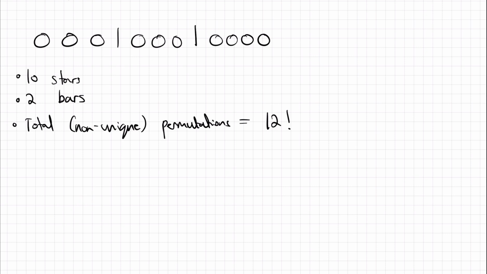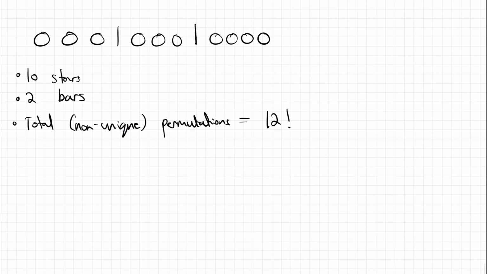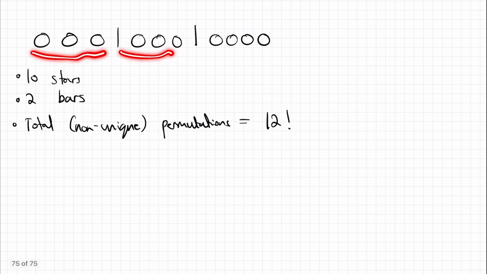And we basically want to work out, for each of those 12 factorial permutations, the different permutations of the stars and the bars. Since if you're just going to move around, like let's say if we just swap these two, that's going to be counted as another permutation, but it's not actually going to be another unique solution. So we don't want to count those. So we're going to say the total permutations